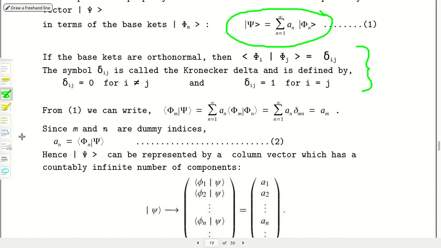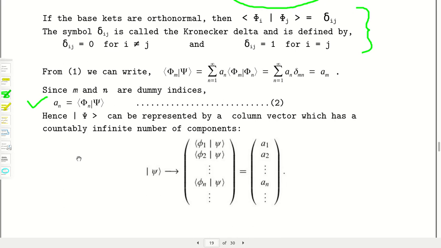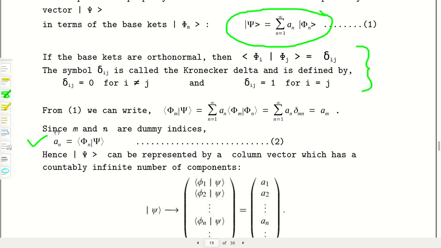Okay, this result should be remembered. This is the first time we have deduced the basis set expansion coefficient. The wave function, that is ket psi, is known to us, and the basis kets or basis bras phi n are also known. So some value will come out of equation 2, that is, a n is some scalar quantity. That means we can find a1 to a infinity easily by the use of equation 2.